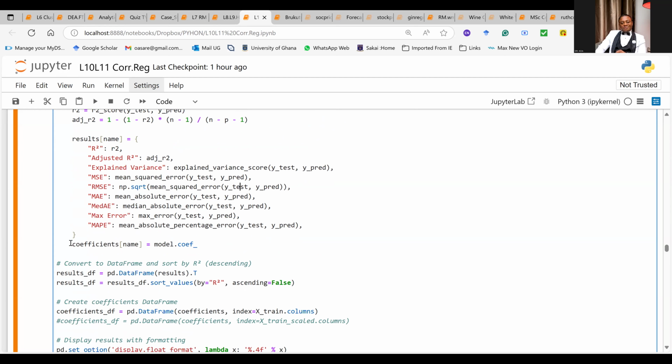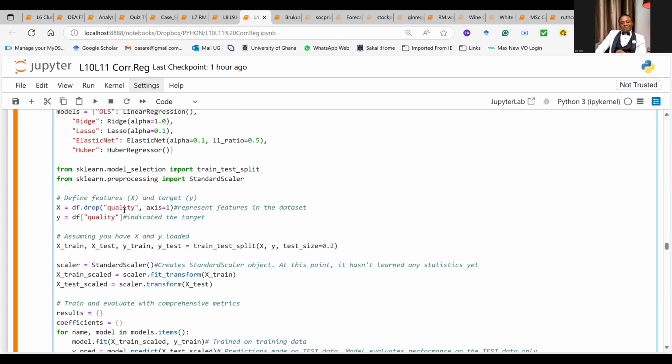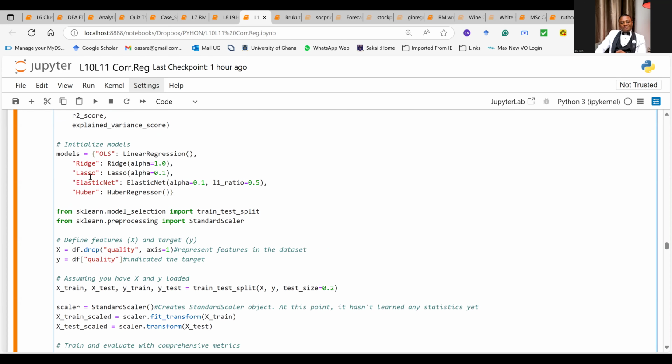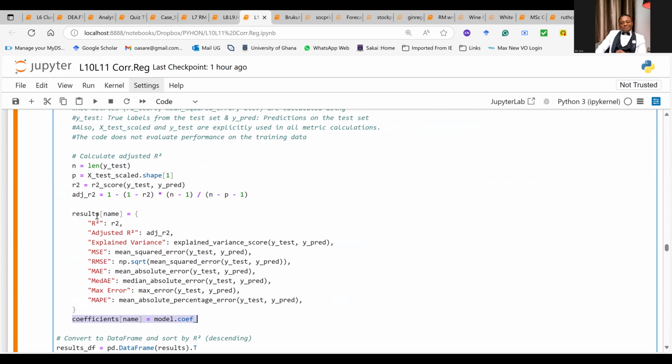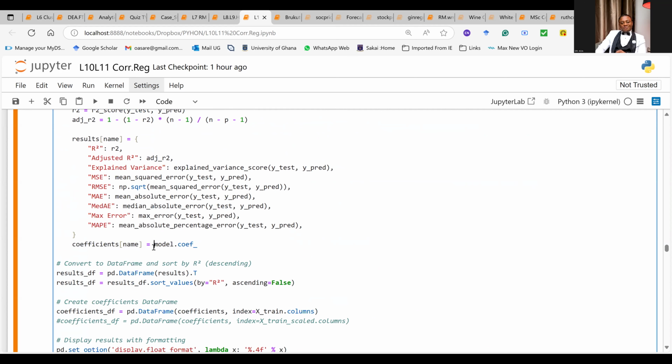The next thing is that you command the result to give you the coefficient. Out of all the models that we are doing here, remember there are 5 of them, you want each to give you the coefficient of the model.